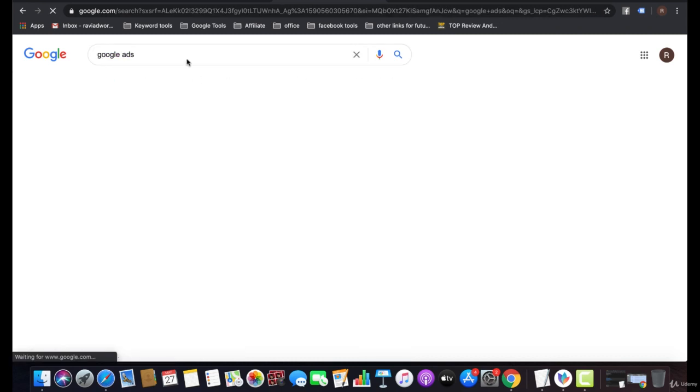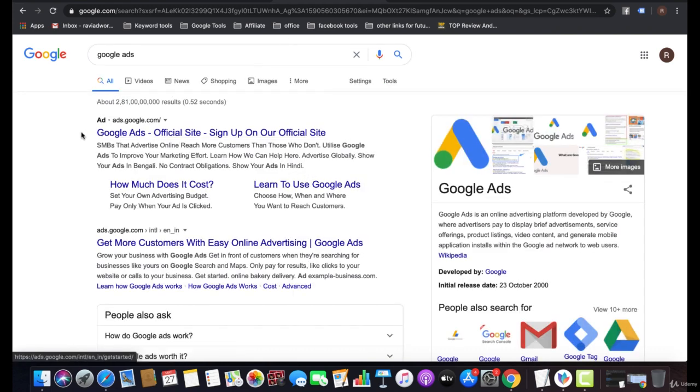Let's go with this option, Google Ads, and this is your headline. You can see Google Ads official site; these are the headlines, the titles of your ad, this is the description of your ad, and these are the site links, the snippet site links, the link extensions, and the link descriptions.